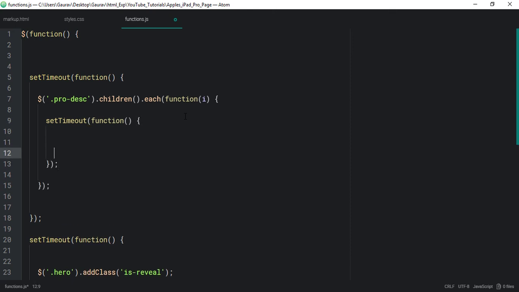and inside that what we need to do is select this thing. So we are selecting all the elements in the pro description section, so the product name, the tagline and the video section.